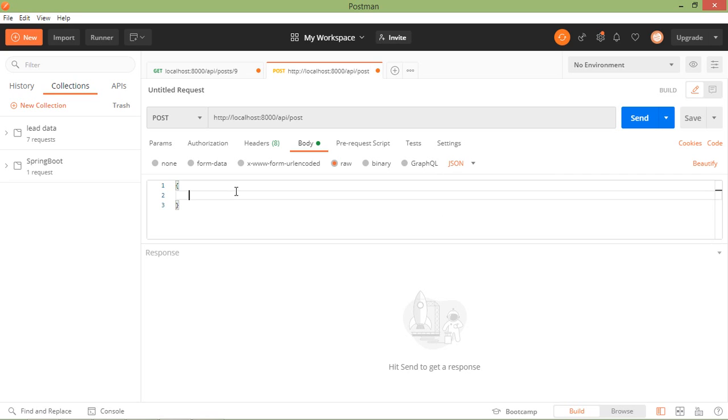Inside the curly brackets just pass title. Title colon, let's say new post title, and body, new post body. Now just click on send.